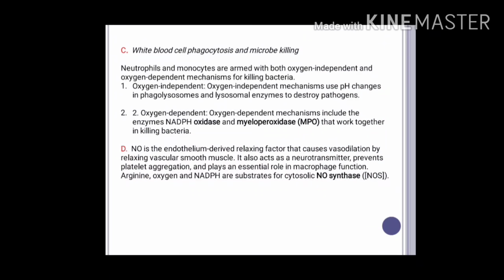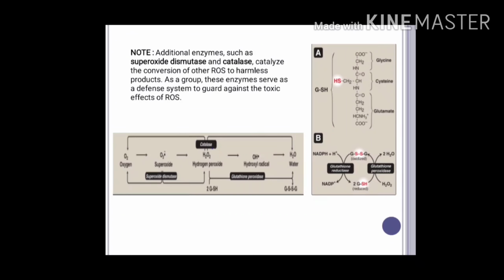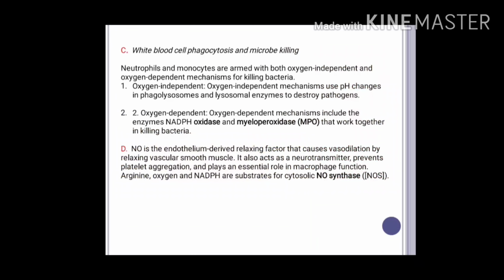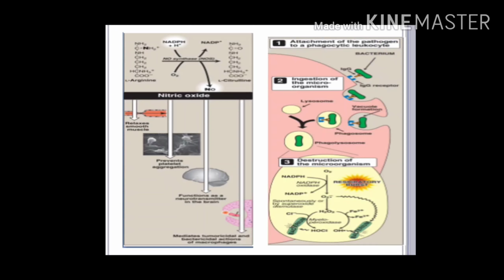So that's all about the pentose phosphate pathway, and some information is very important apart from this pathway, like the name of these enzymes, their function, the function of NO, and what NO synthase is doing. So there is some information that I've put in my slides, and I always try to gather all the necessary information from the exam point of view so that it is helpful for you to gain the knowledge. So I hope this video has helped you.